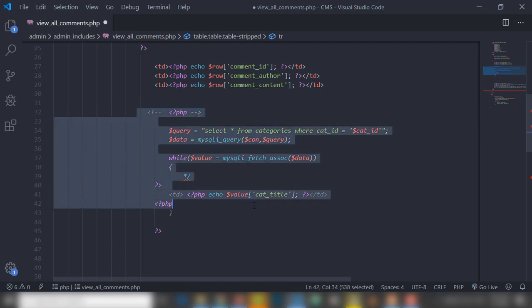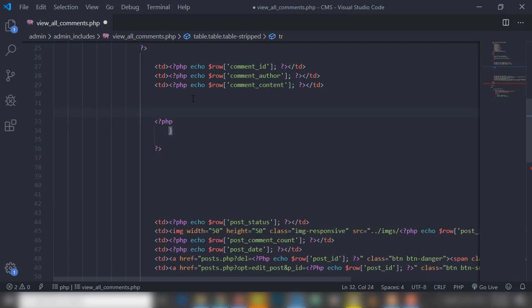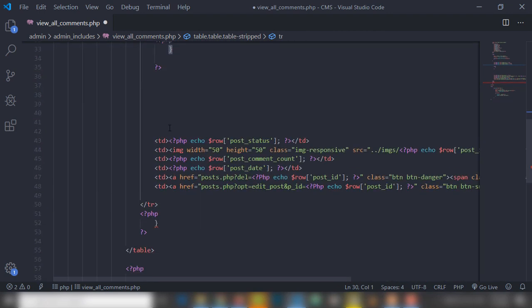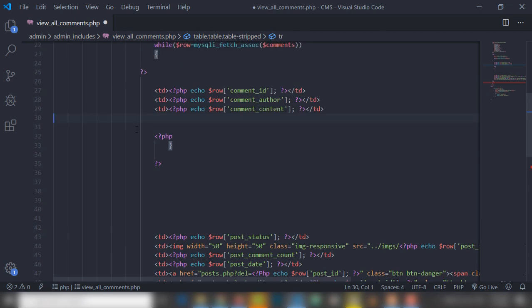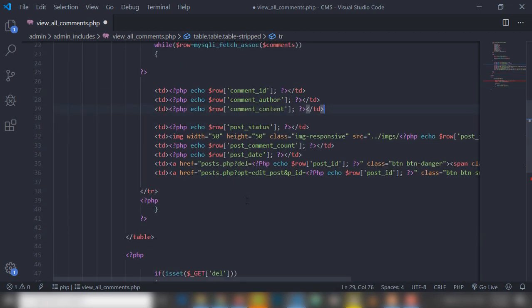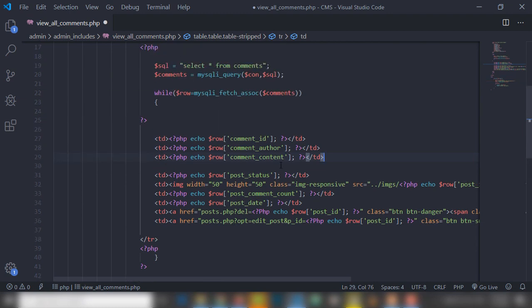Okay, I did leave that, and I just use this one because I want to display the comment only this time, right? And also I'll leave this one also. And this is a comment ID, comment author, comment content, comment email. I don't need to display the image,